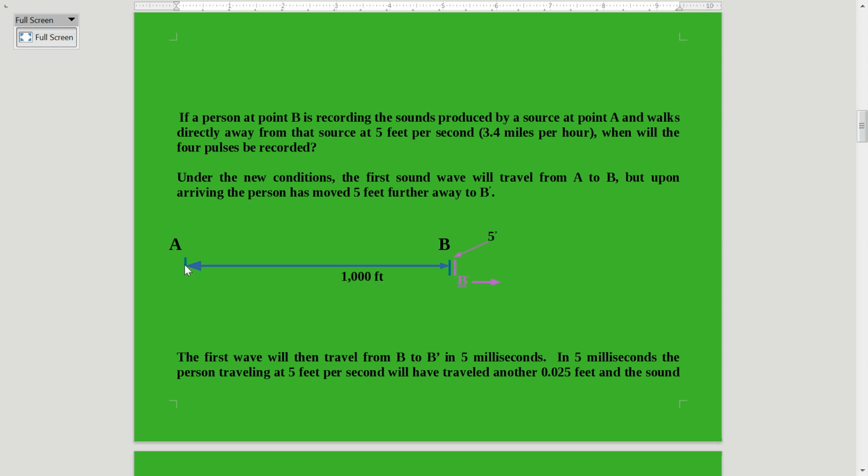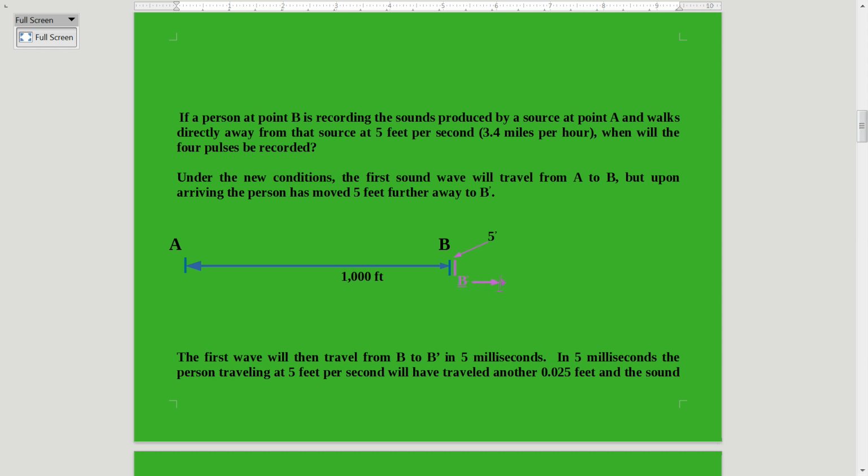So any pulse emitted here has to first travel this 1 second distance. And as we know, the person having 1 second to walk away from there is going to travel another 5 feet away. So at 1 second, we're going to be at 1,005 feet away from point A. So it took sound 1 second to cover that distance, and it's going to take it another 5 milliseconds to cover the distance that the person holding the recorder traveled in that second from B to B prime, and the